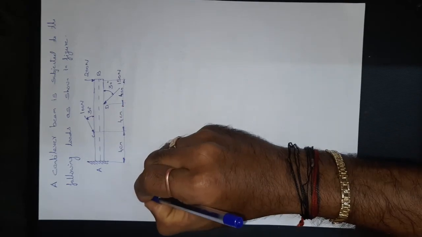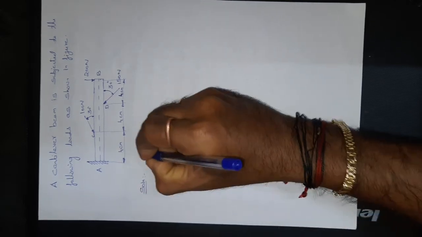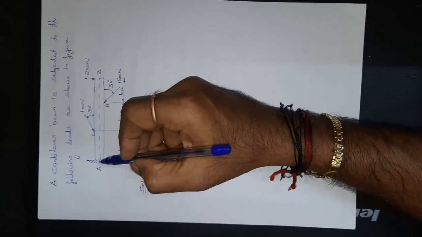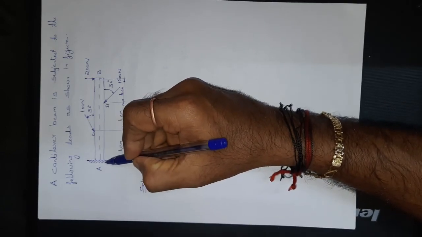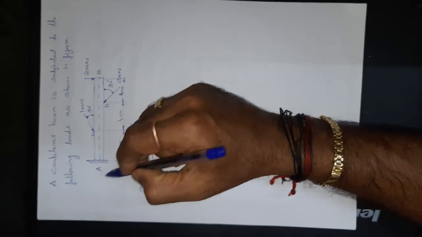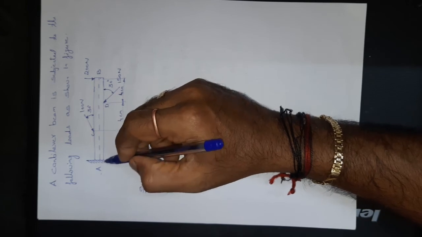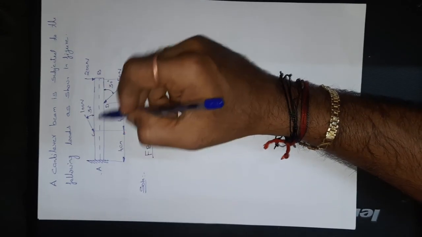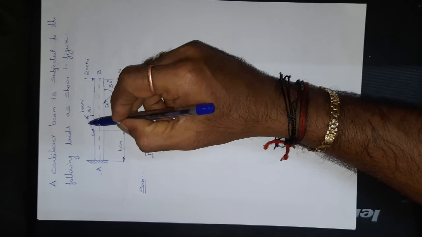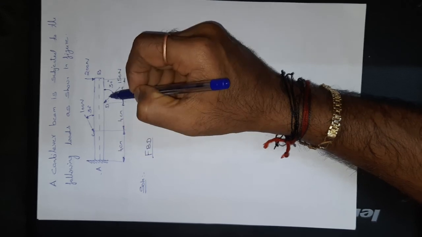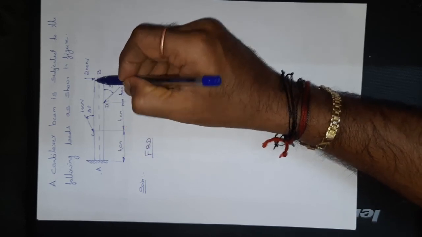So to proceed, I need to draw the FBD, that is the free body diagram. To start with, as far as the fixed support or built-in support is concerned, there will be three reactions. One would be the vertical reaction, the other will be the horizontal reaction, and the moment which takes place at the fixed support. And when you look at the beam, there are three forces acting. Two are inclined forces that need to be converted into horizontal and vertical components, isn't it? And this is the vertical for the point load, right?